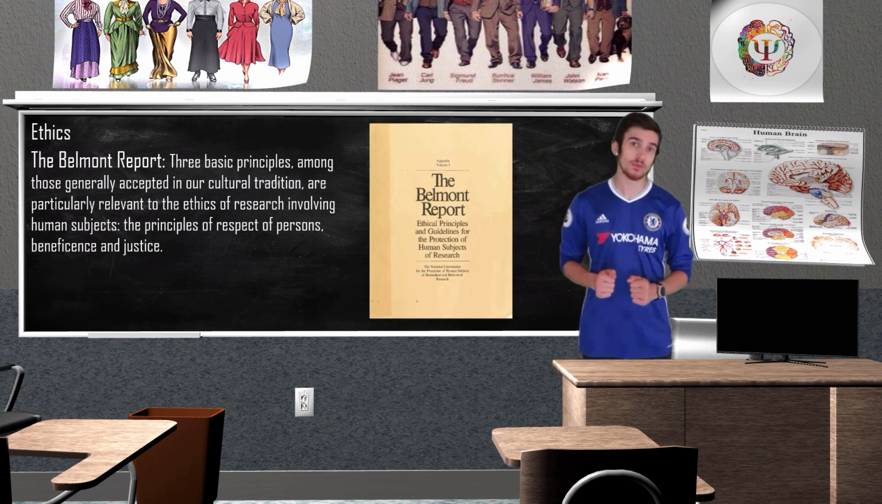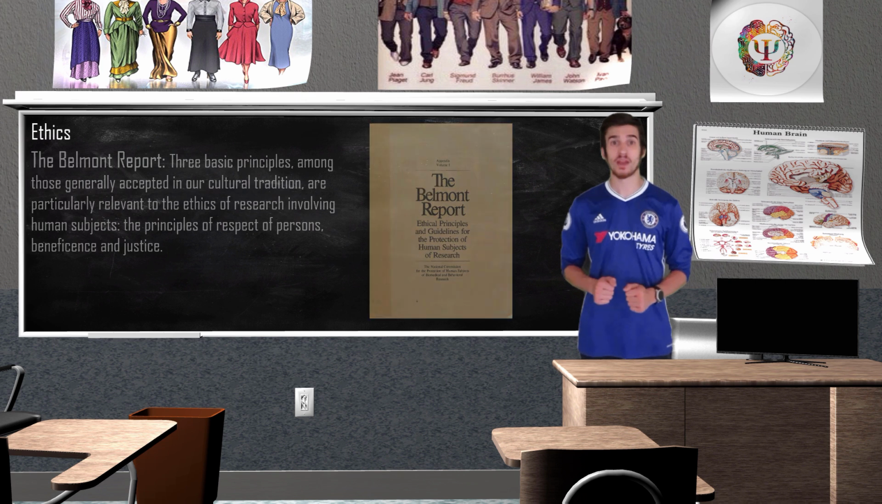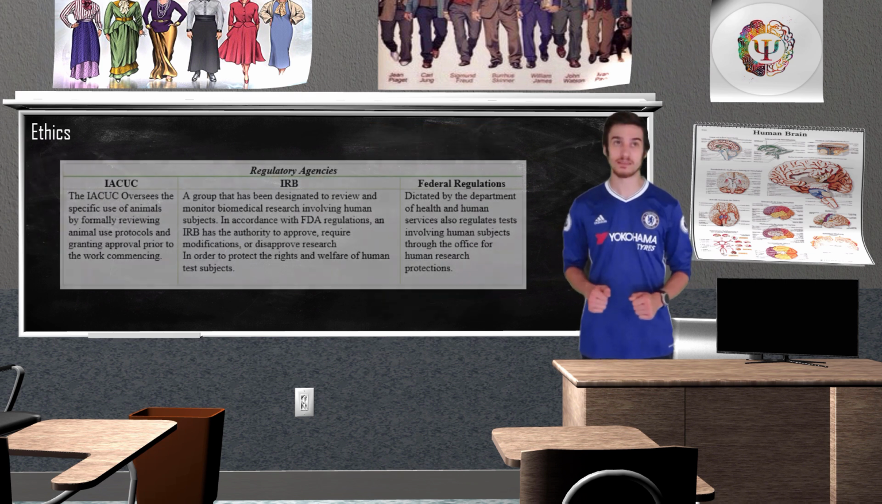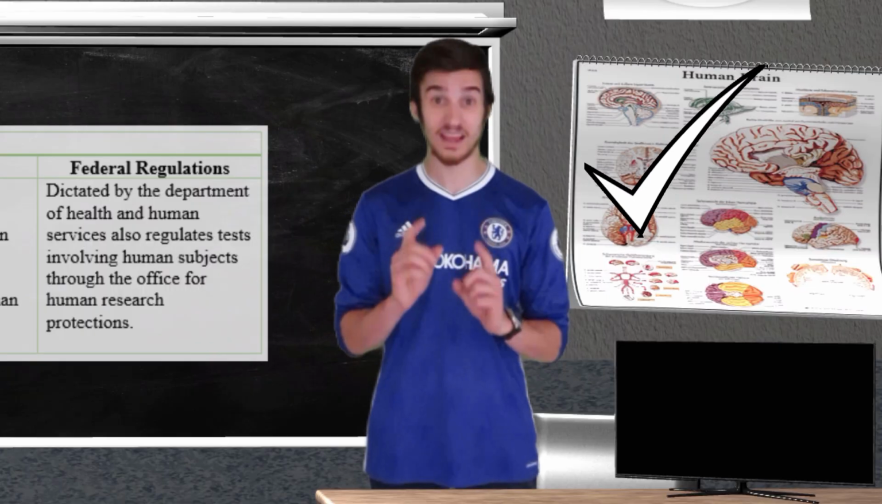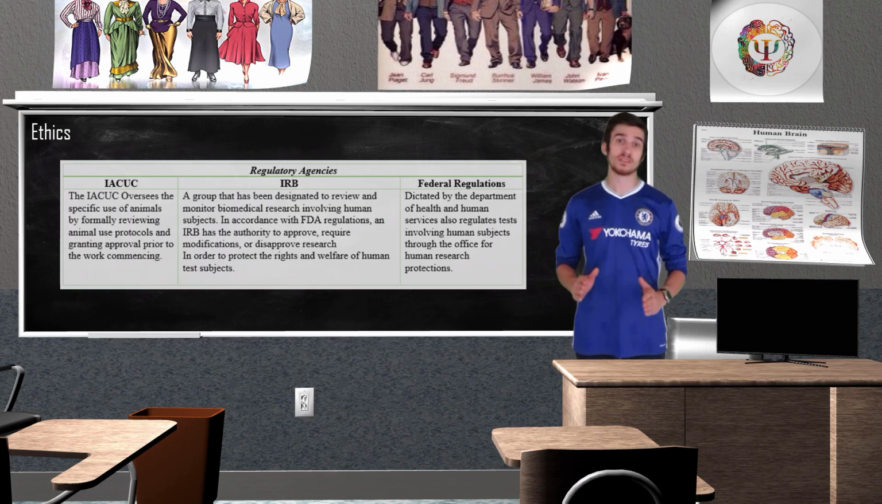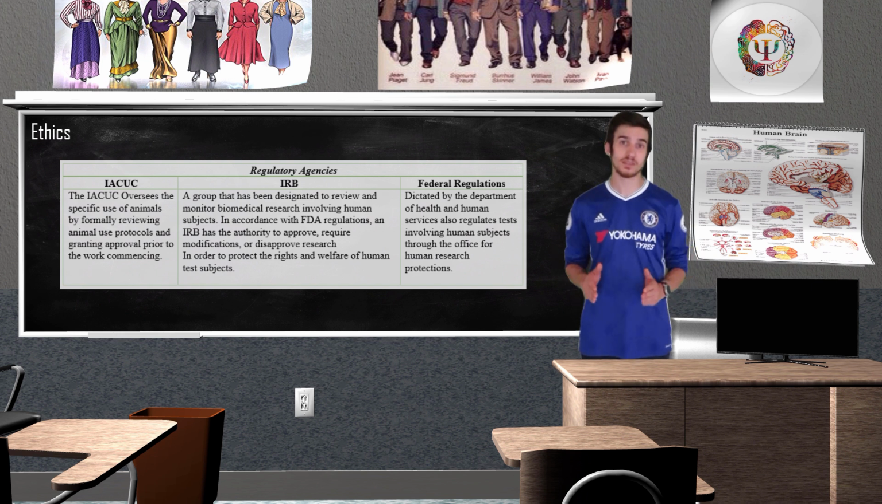Today, there are several regulatory agencies that set in place rules and regulations pertaining to scientific research. The Institutional Animal Care and Use Committee, or the IACUC, was designed to protect animals from abuse during experimentation. The IACUC oversees the specific use of animals by formally reviewing animal use protocols and granting approval prior to the